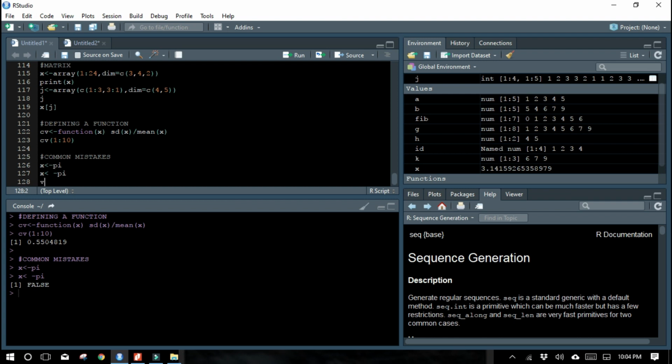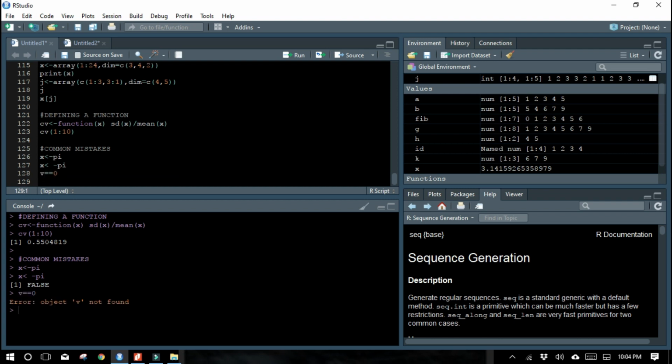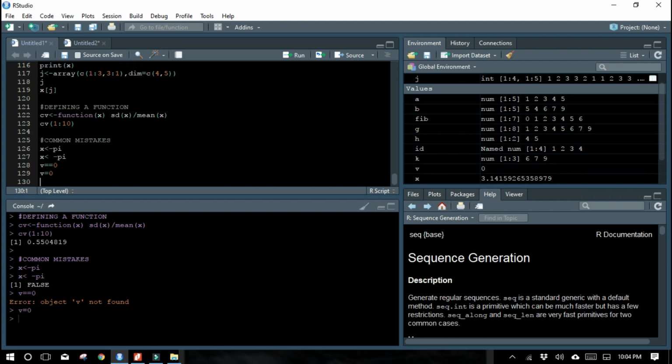The next is v is equal to 0. Here we got an error that object v is not found, because this equal to symbol is a comparison symbol. It means we are comparing whether v, which has not been defined, is equal to 0. Can you get my point?